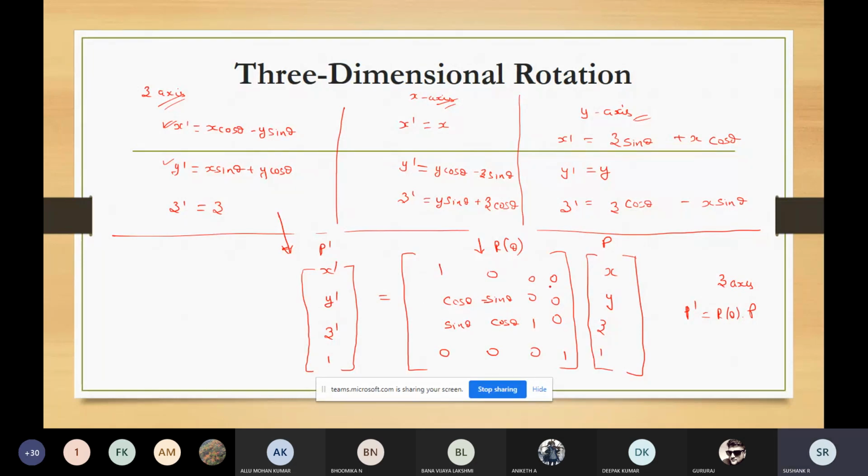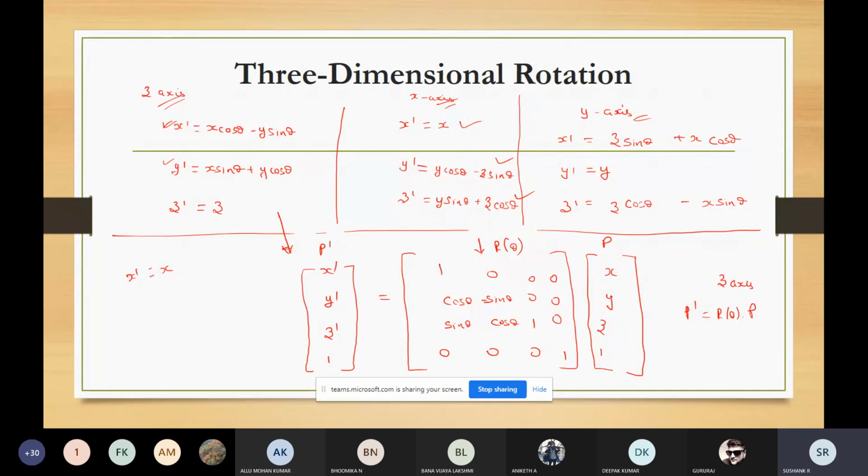You try and check whether you are getting these three formulas, these three equations. This is already derived. So you write this transformation matrix and check whether this line is getting this equation, like 1 into x. So we will get x dash is equal to x. From here only, 1 into x we are getting. For the second row, x into cos theta minus y into sin theta, and again the two factors will be 0. So y dash will be x into cos theta minus y into sin theta.